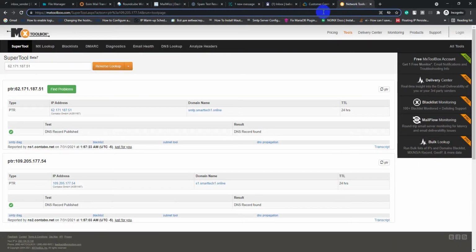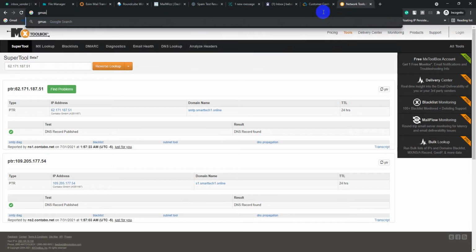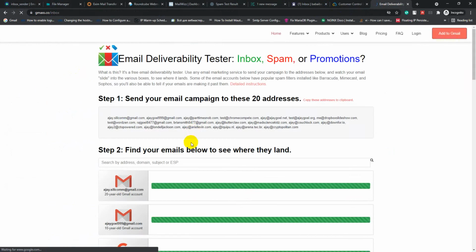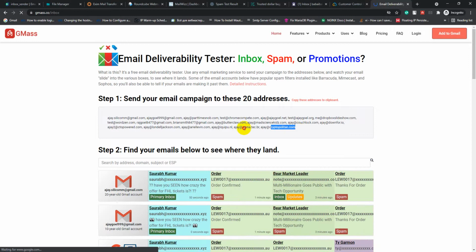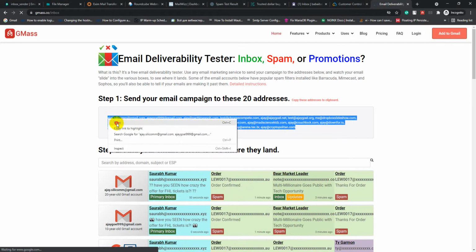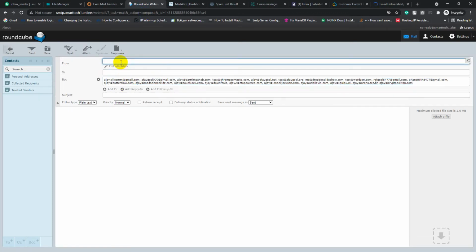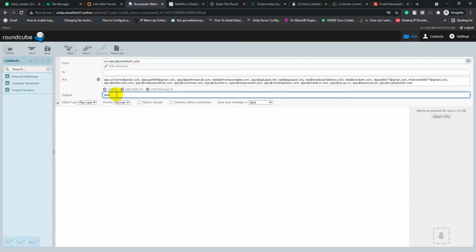Go to GMass inbox tester, just copy all the emails and paste them. The from email address will be no reply at smart tag one dot site, and the subject